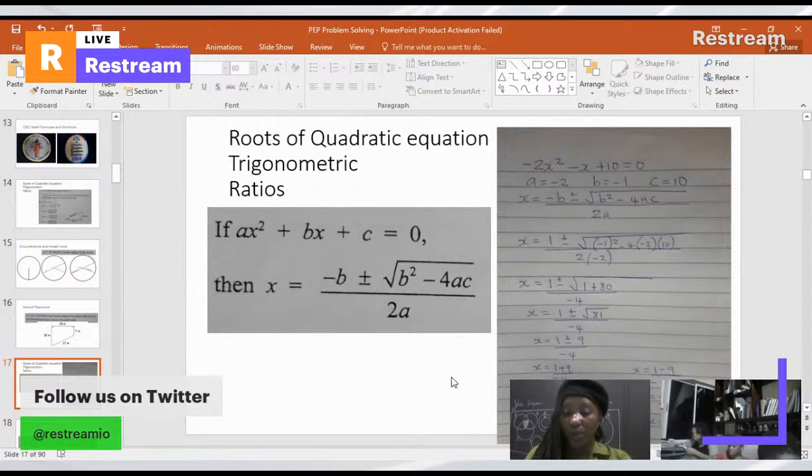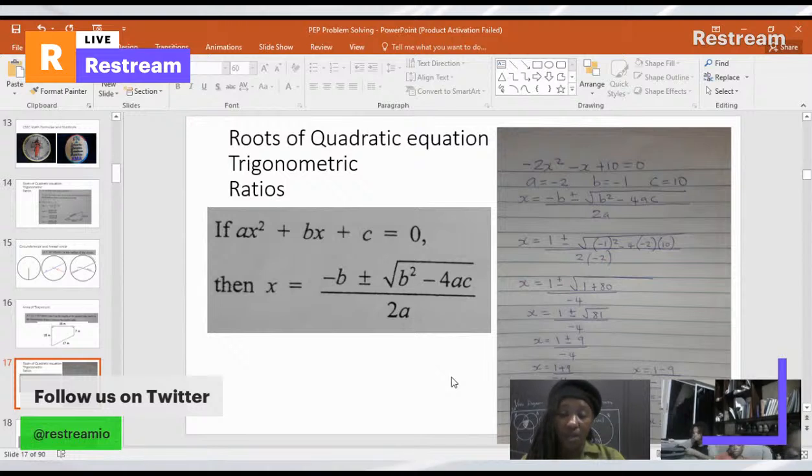So I'm hoping you can see the image on the right. I'm going to be reading it for you. The equation that was given was negative 2x squared minus x plus 10 equals 0. So it's already in the format of the quadratic. A, the coefficient of the x squared term, is negative 2. B, the coefficient of the x term, is negative 1. And C is 10. So we just plug those values into the quadratic formula and we get x equal 1